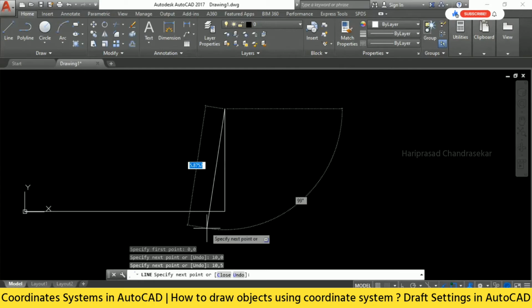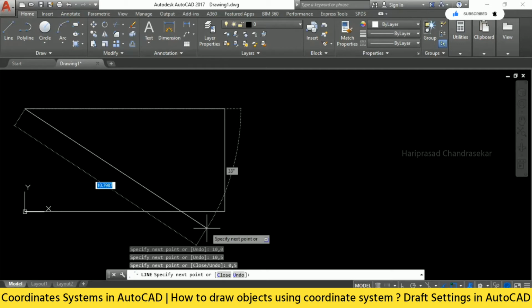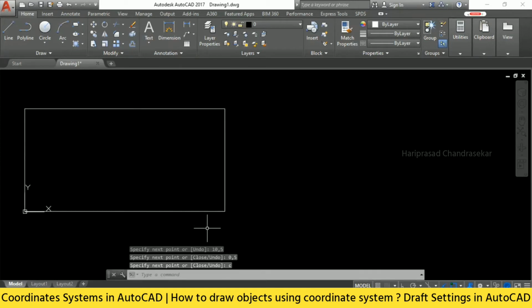And then we need to go leftwards. What is the point? We need to have 0, 5. So 0, 5 is that point, and it automatically goes there, forming another horizontal line. A line is something having two points, which is why we input the points x, y in the command bar. Now we can use the C command to close it, and it will get closed. Otherwise, you can put 0, 0 again, and it will go to the same point.